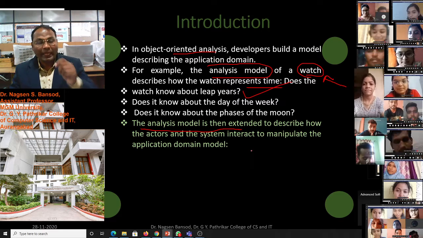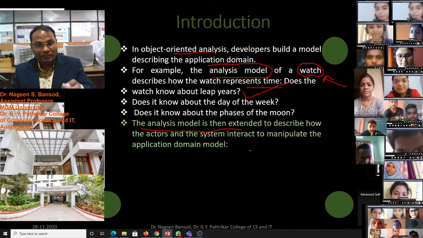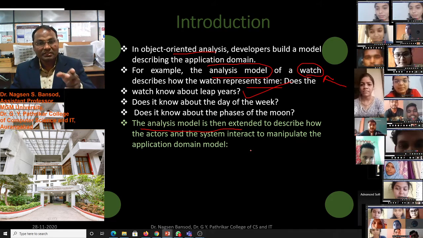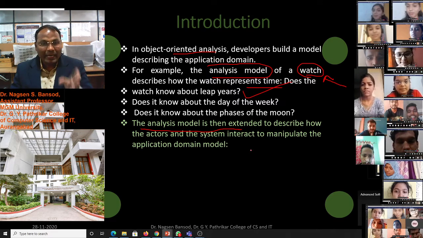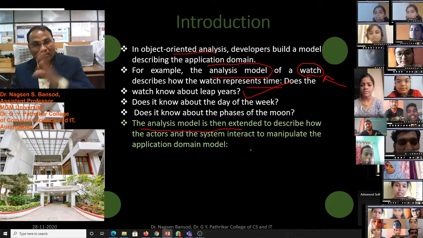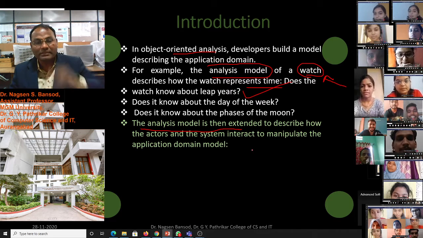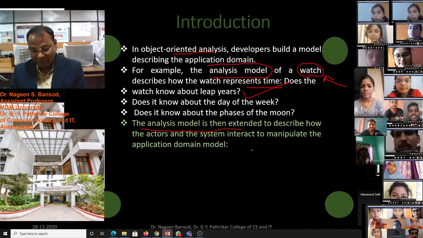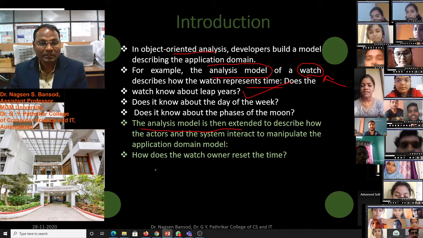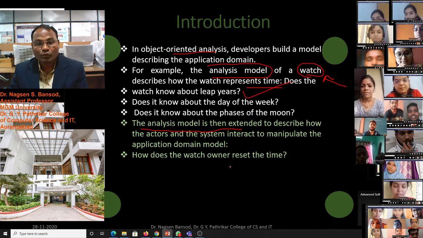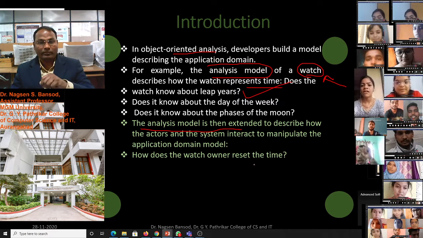We have to extend our analysis toward the communication between actor and system, the interaction between system and actors. We have to extend our analysis in this application domain model and ask questions like this: how does the watch owner reset the time?